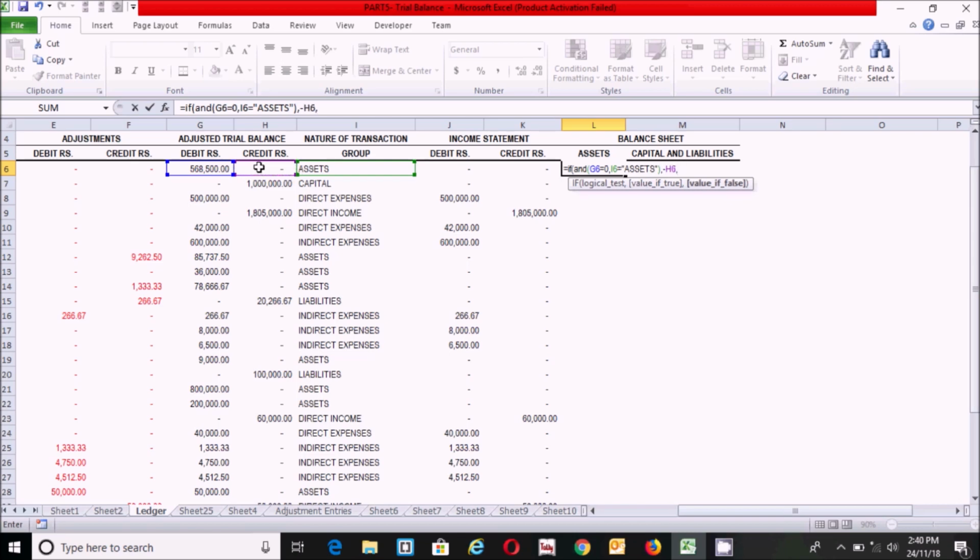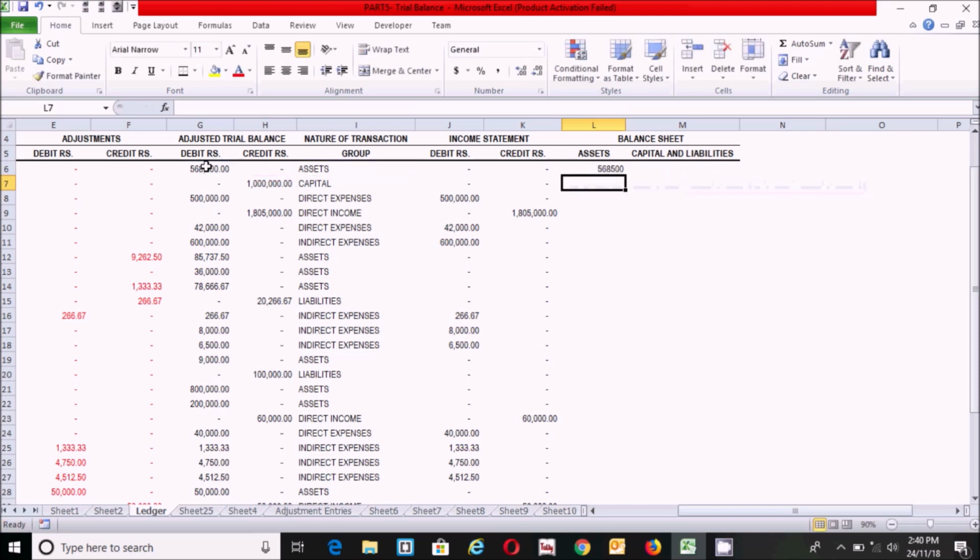Now let's make another function. So write the if function. If this equals assets, then what will happen? This one, otherwise 0. Now close parenthesis, now again close parenthesis, now press the enter key. Alright,